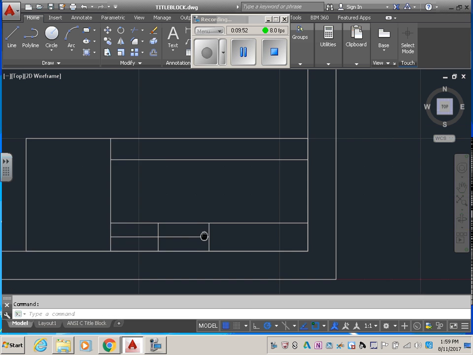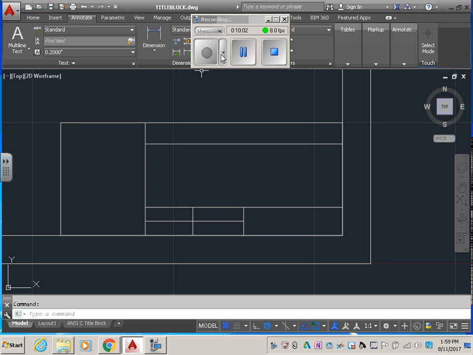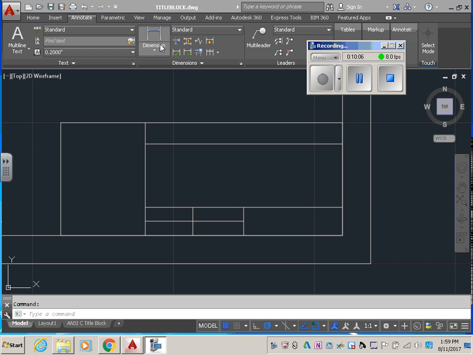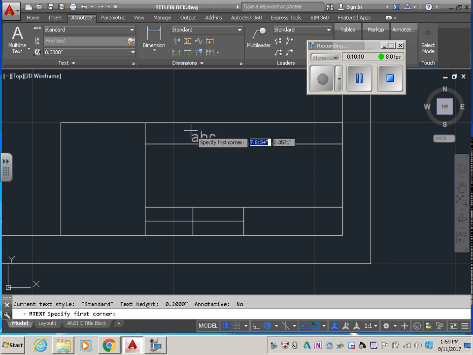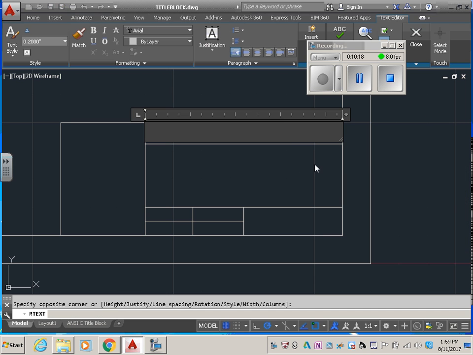Okay. How do we enter the text? Text is very important. So in order to do text, we need to move our cursor over to annotate, okay? And here we need to select multi-line text. Click on it, okay? Multi-line text is a paragraph text, so you pick the upper left-hand corner of the paragraph and the lower right-hand corner,